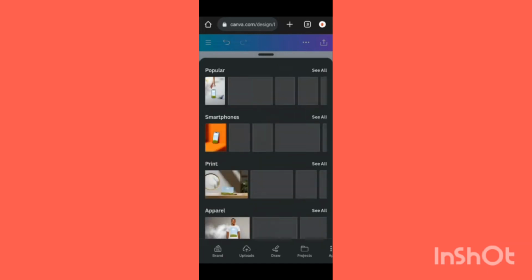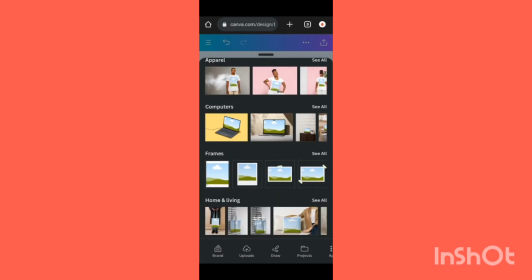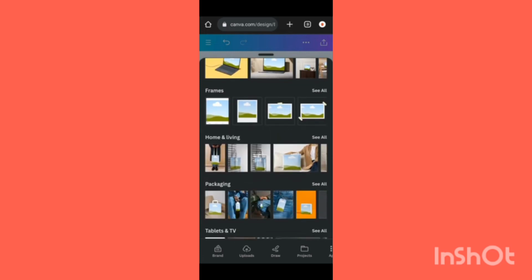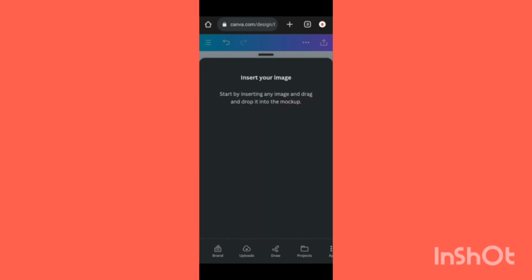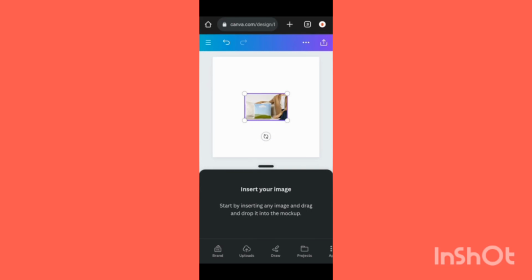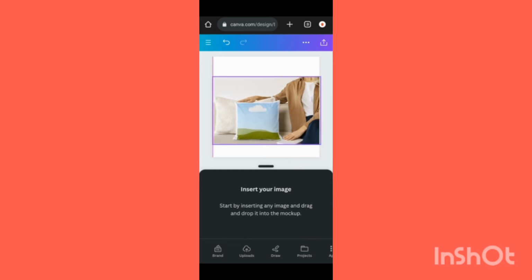Okay, I think I had a network failure at some point there. So let's go on again. Let's try a pillow. So let's go on this pillow mockup. Okay, let's increase it again. Okay, now let's mock up that pillow. So I'm going to go to uploads,